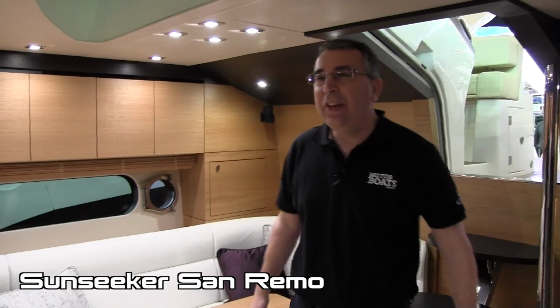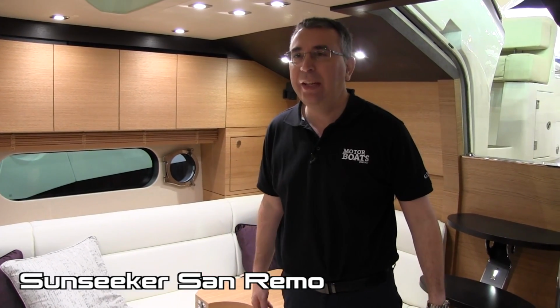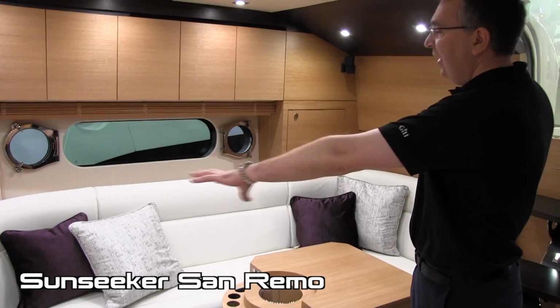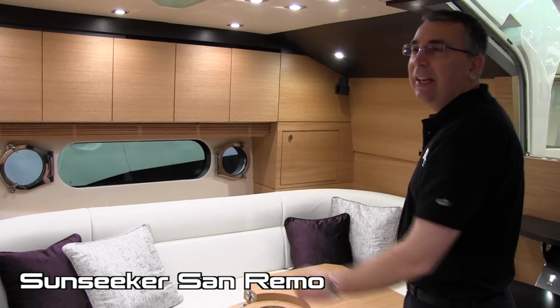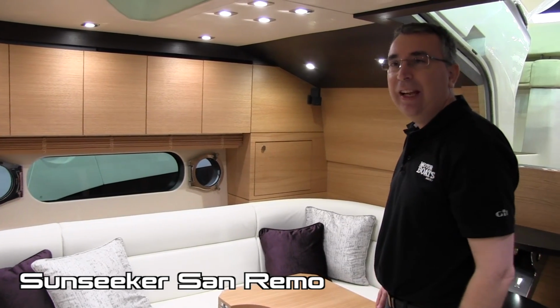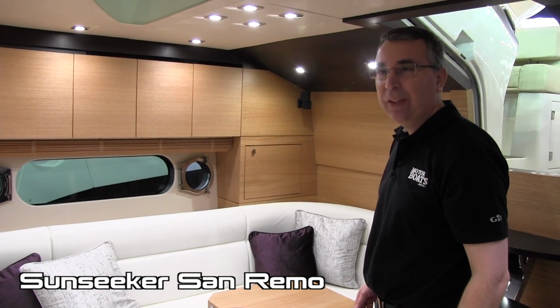So down here, Sunseeker put in this lovely big living space, but they've recognised that a lot of these boats go to the Mediterranean and people don't use this area very much. So what you can have is you can lose this big dinette area here, just have a big settee across there, and that will actually make into a bed, and there's a partition that comes across here, and that basically gives you a 3-cabin layout down here,